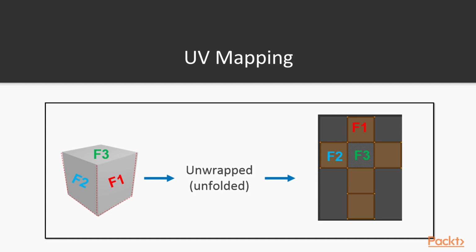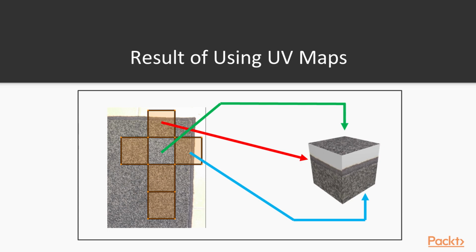In the image shown, we can see that Blender has cut along the dotted red lines. These are called seams and can be modified to tell Blender where the mesh should be split. Once the faces of our mesh have been unwrapped, they can then be projected onto a 2D image, which is then mapped back onto the 3D object. Using textures like this can make 3D objects seem much more believable and real, compared to just using shaders and